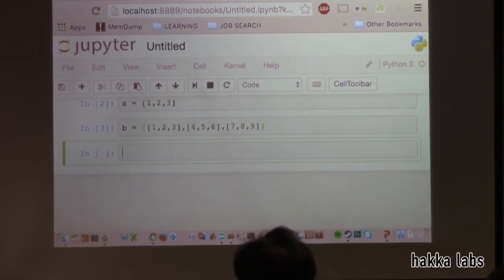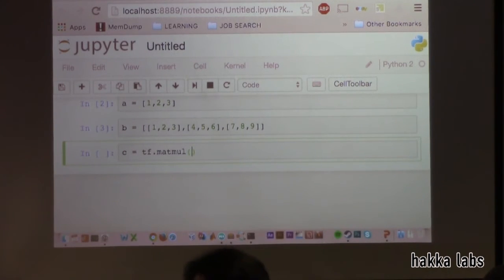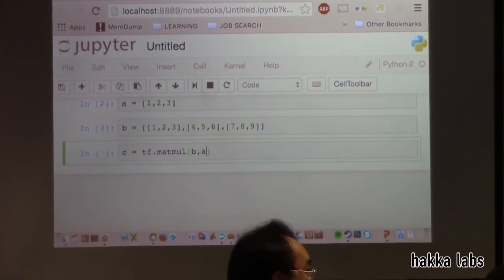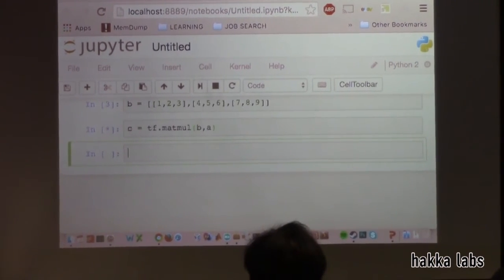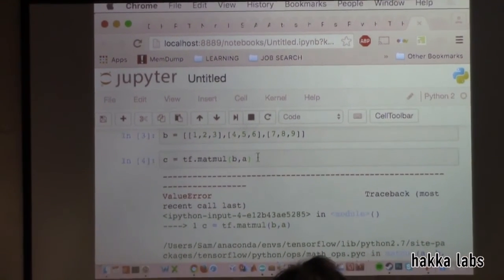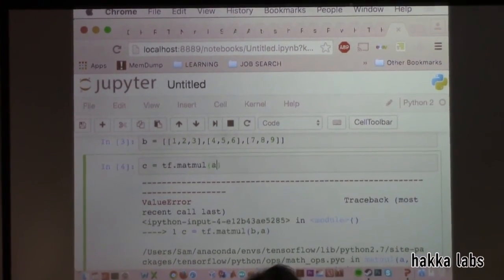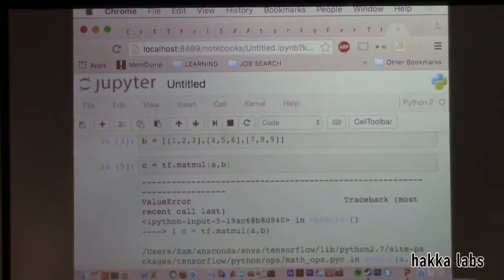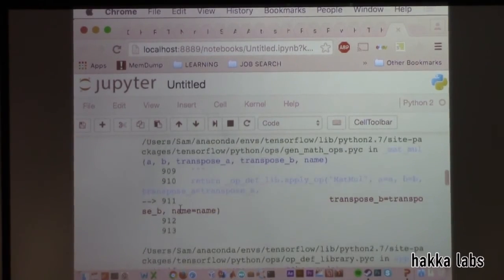And now we're going to want to do a matrix multiply. So we'll say C equals tf.matmul. Let's see if I get these right the first time. I'm going to say B and A. I can't remember if that's going to be right. Damn, backwards. No, what did I do?